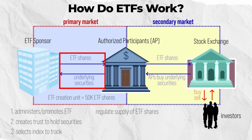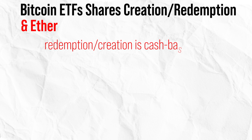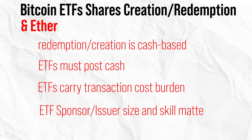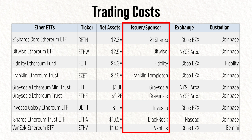Things are different with spot Ether ETFs. The funds are responsible for posting cash and trading Ether when ETF shares are created or redeemed. This leaves the fund and its investors responsible for any trading costs. Thus, skill and size of a fund manager becomes very important. Most of the Ethereum funds are under the management of large or experienced financial institutions, so this is unlikely to